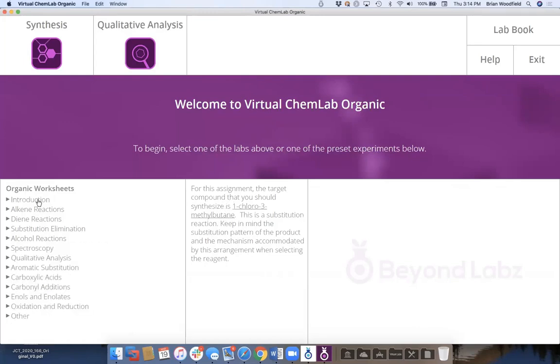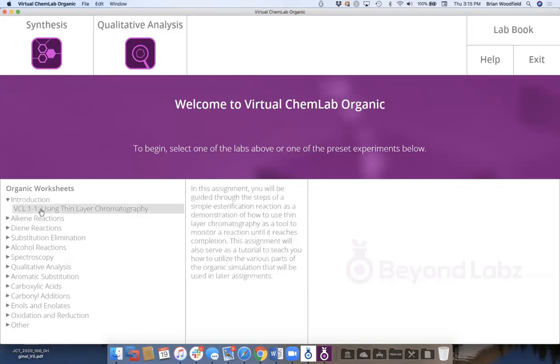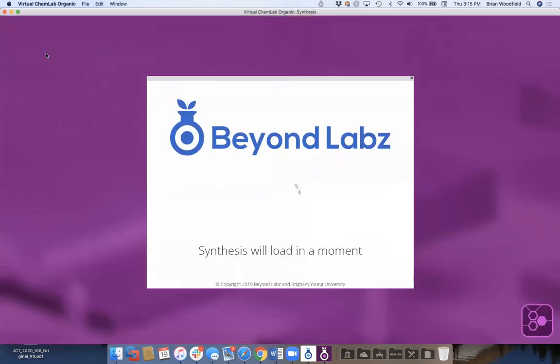For organic, I always recommend you start with this one because it's the most step-by-step detailed one that teaches how to use all of the different elements inside of the lab. So it's a very good intro one. And then you start down to some of these. You don't have to use those. You can just click on one of these icons. So I'm going to start with